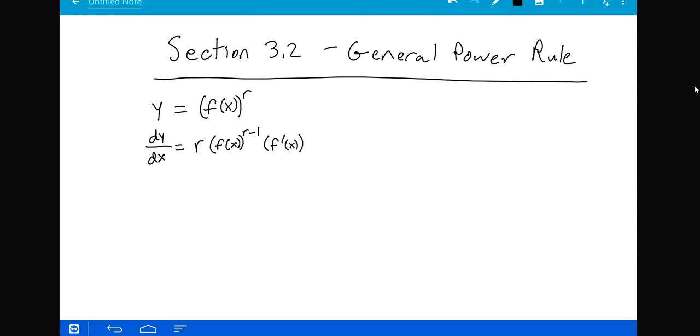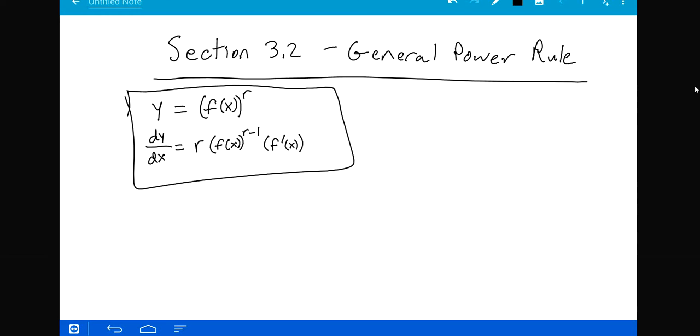Now with the product rule and quotient rule, we had a nice mnemonic for those. Unfortunately, I don't know of any mnemonics for the general power rule. We just kind of have to remember the format. But again, it's pretty simple. Exponent out front, rewrite the parentheses, subtract 1 from the exponent, times the derivative of what was in parentheses. That's all there is to it. Again, don't worry about simplification. So that's the formula, if you will, for a general power rule problem.